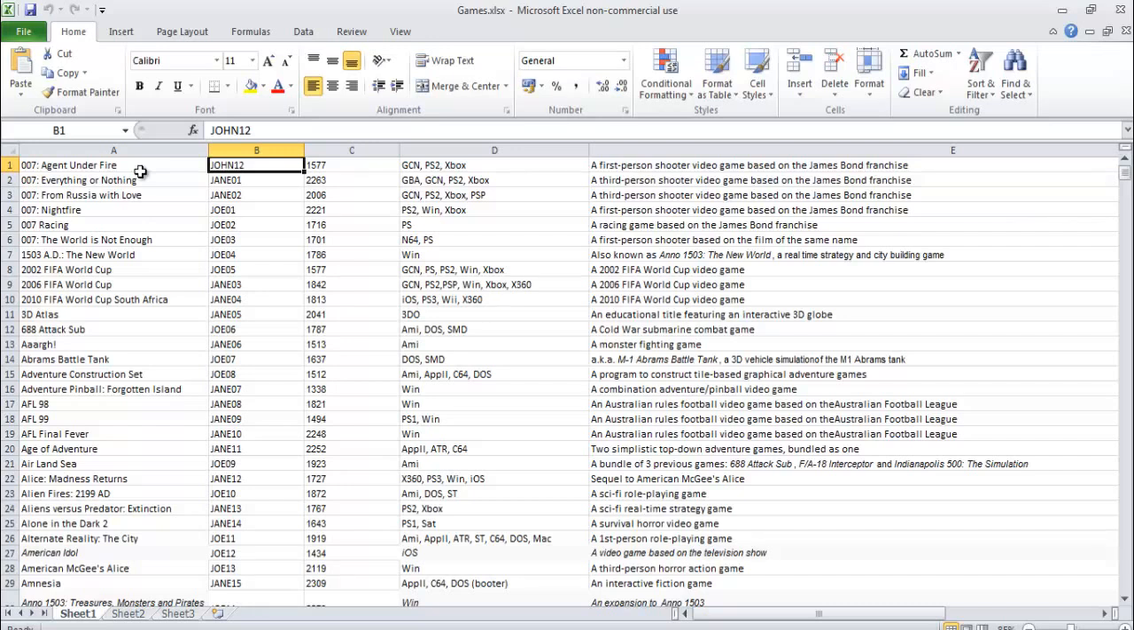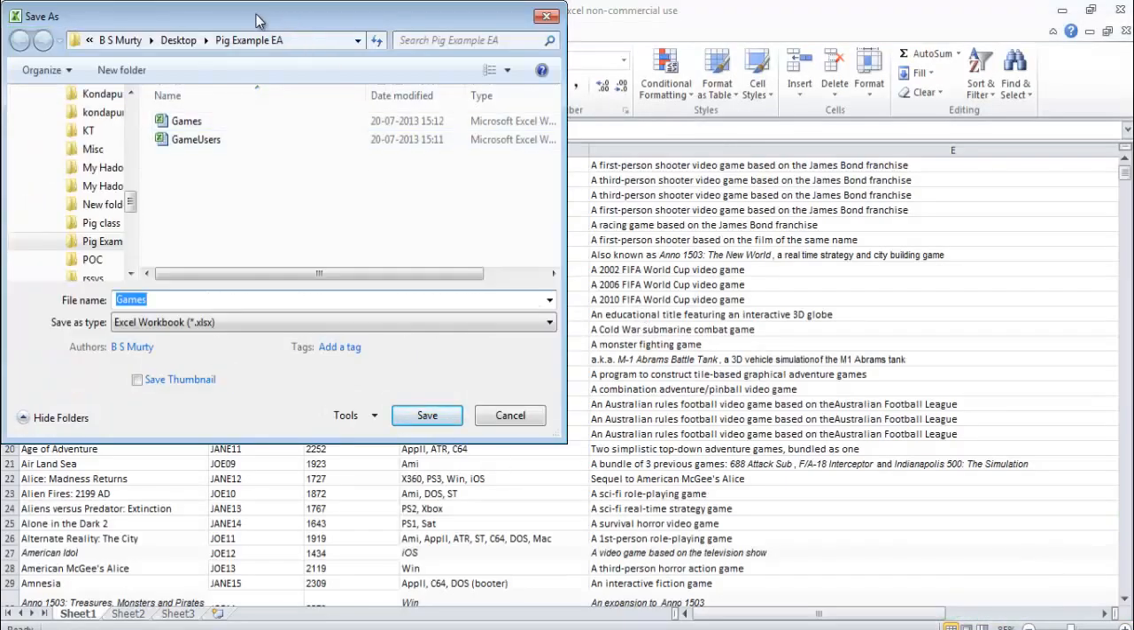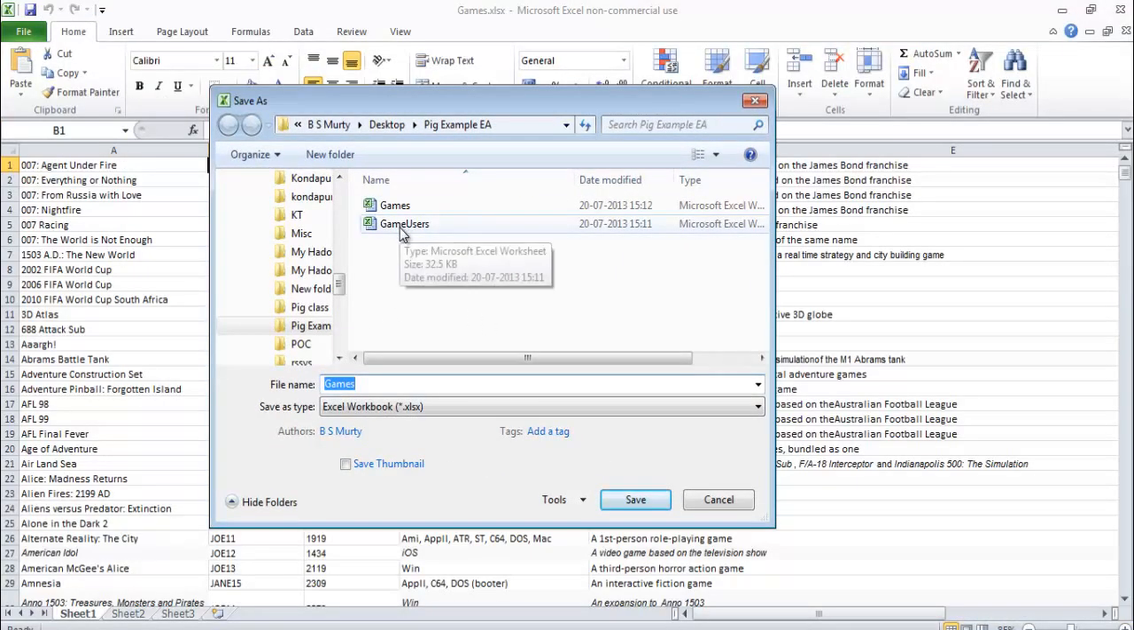And the second question is, what is the average age of all the users or players in each particular game? So these are the two questions that we would like to solve using Hadoop. Now the following steps have been executed. The first step is that you save this Excel workbook